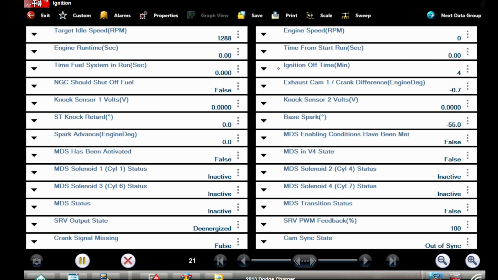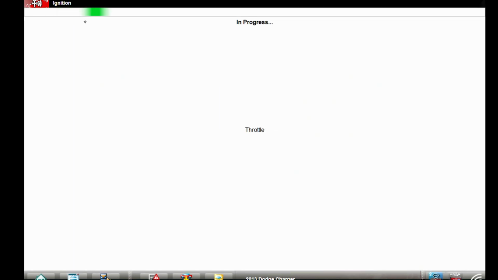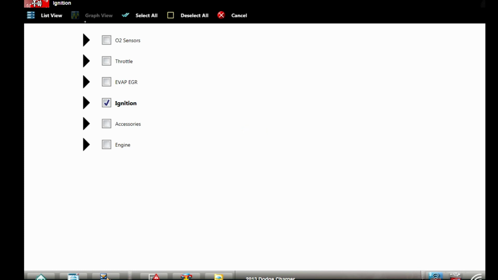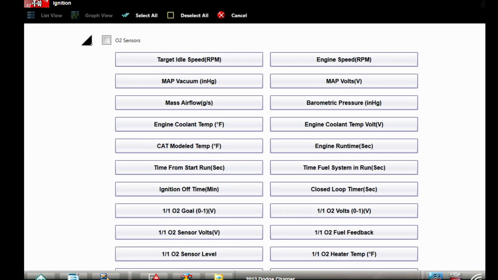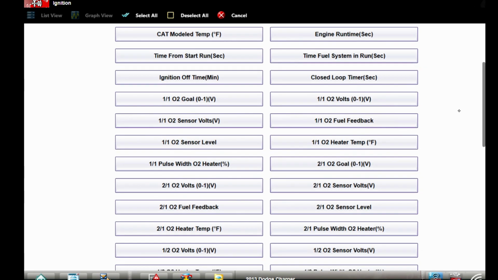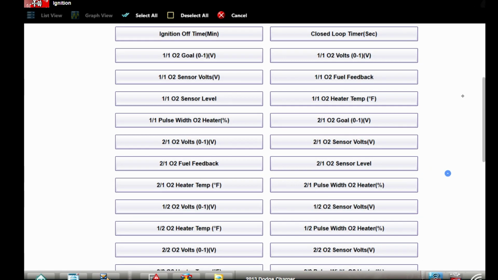So we have our target idle speed. NGC, you know what, we're going to switch this up a little bit. We're going to go to a custom data list, which is more accurate to the way I normally diagnose things. It's going to give us the ability to choose, on Chrysler's, everything we care about. So right now, we've got our O2 sensor section here. A lot of that I really don't care about at this point, to be completely honest,